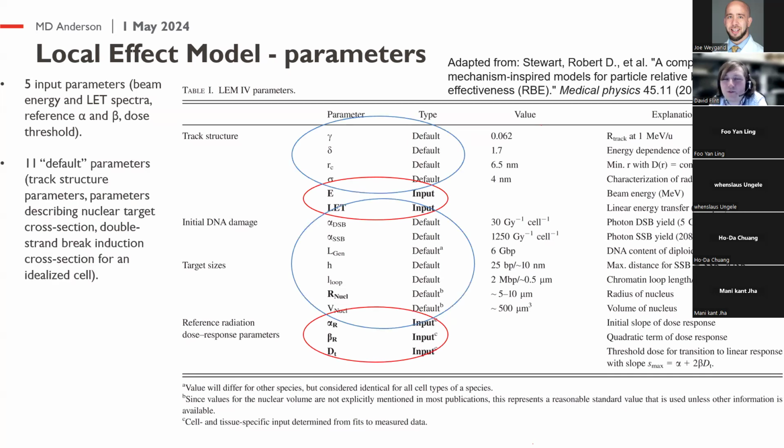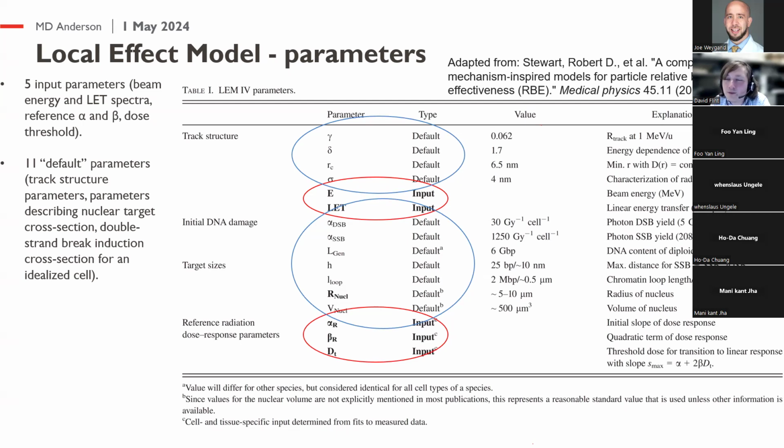You'll also see there's this very large group of default parameters that go alongside your actual input parameters. These default parameters are basically a number of physical track structure parameters, parameters governing induction of DNA double-strand breaks for the more mature models, and some parameters describing the cross-section of the nuclear target. And I think what's interesting about these is, you might notice that some of these default parameters seem like they